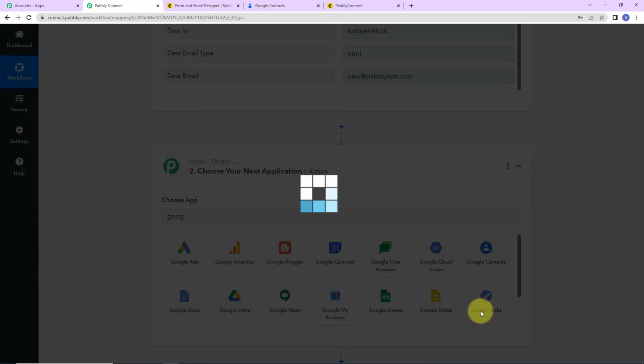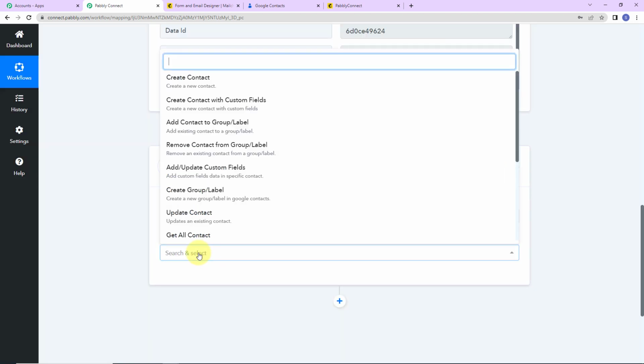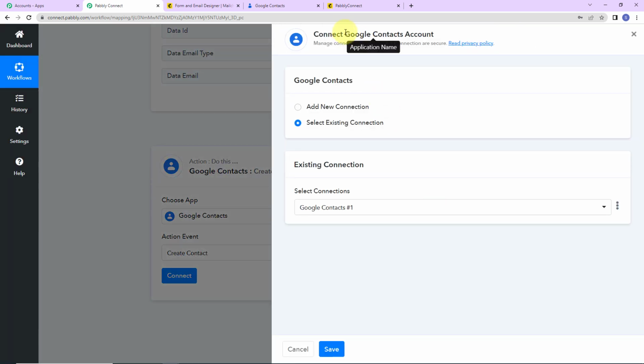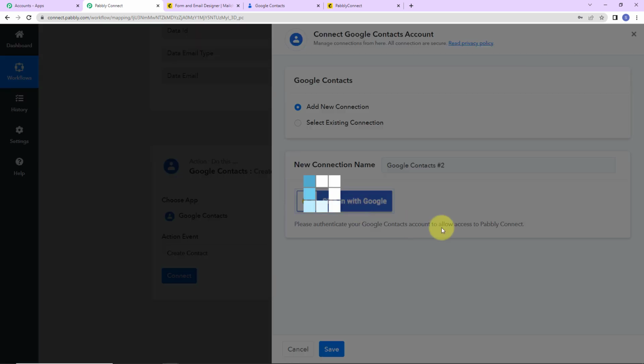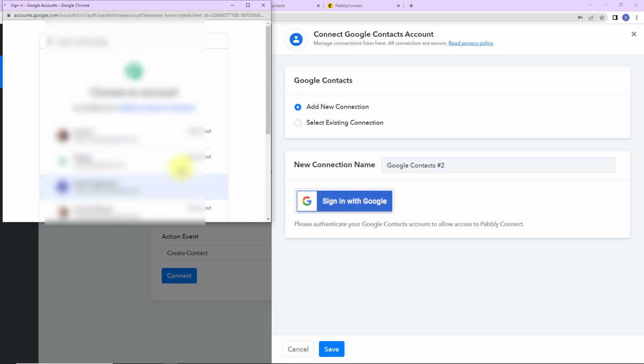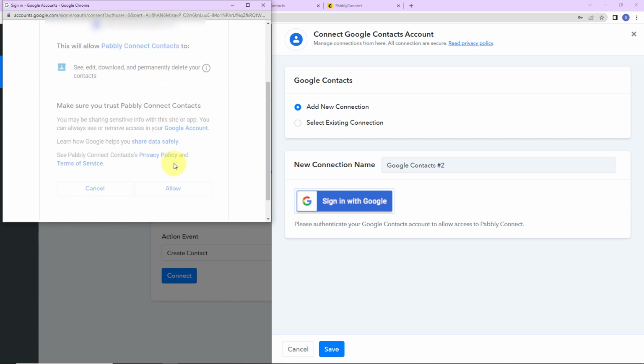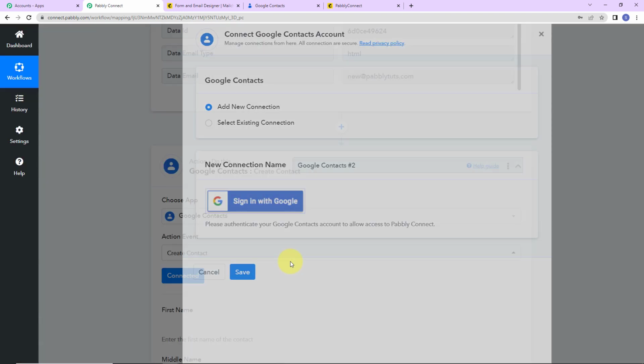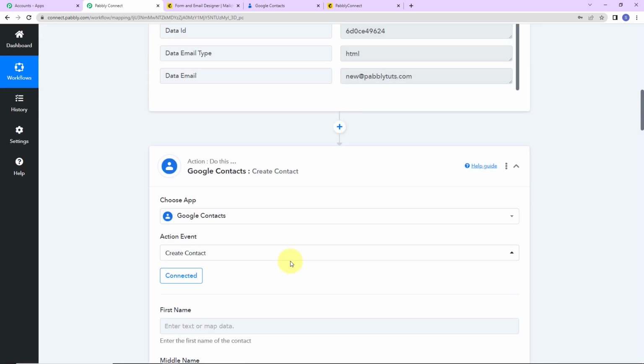Let's click on this. And the action event here would be to create contact. Let's click on connect. Here Pabbly Connect is asking to connect itself with Google Contacts account. I'm going to click on add new connection, sign in with Google. Here we have to confirm the account. So once done, let's provide the access by clicking on allow. And here we can see that the authorization has been successful, which basically means that Google Contacts is now connected